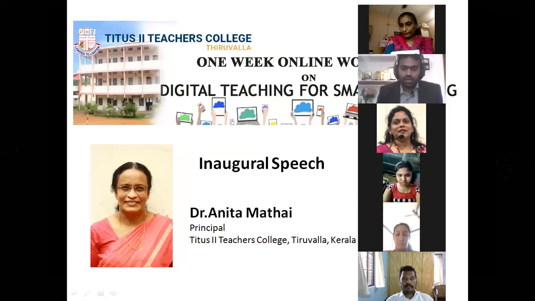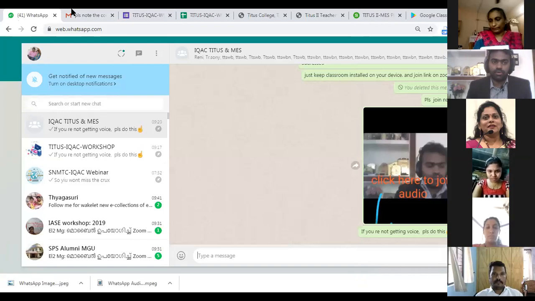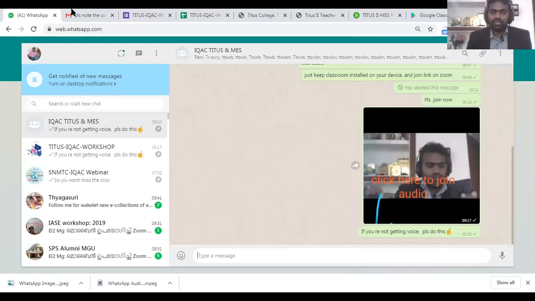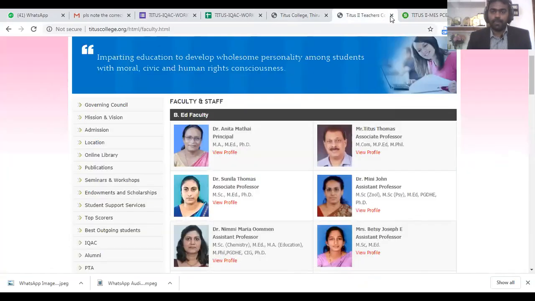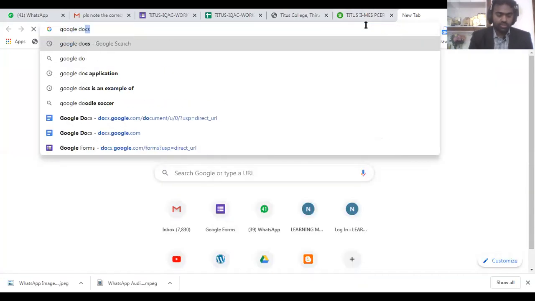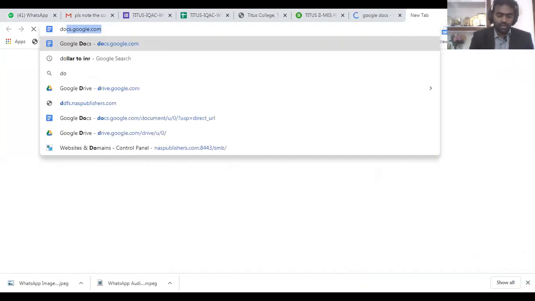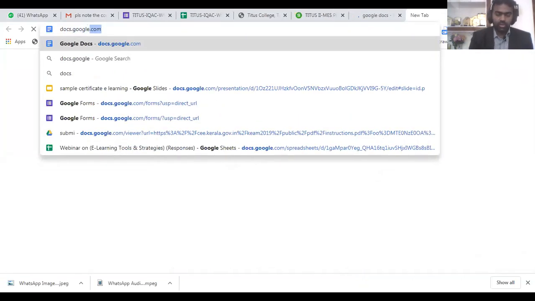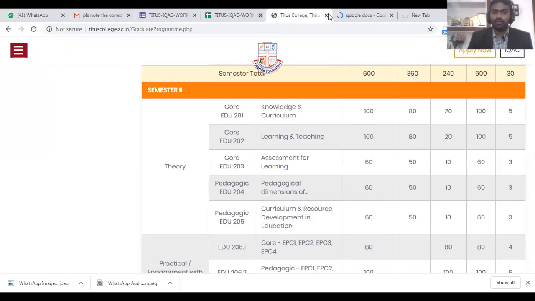Now, what you need to do is open your laptop. Then you will have an option. You can directly start Docs, or you can search in Google for Google Docs. Or directly you can enter the URL for the Docs application, which is docs.google.com. You can enter docs.google.com, or you can search in the search engine. By using search engines, you can search that also.